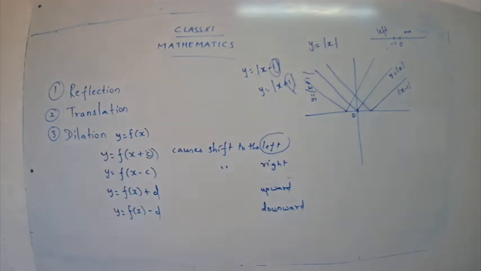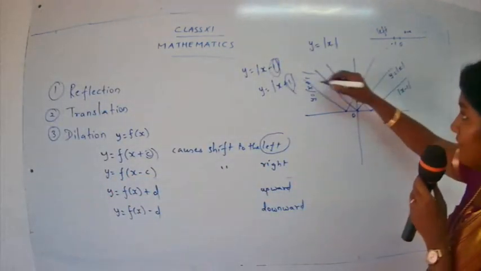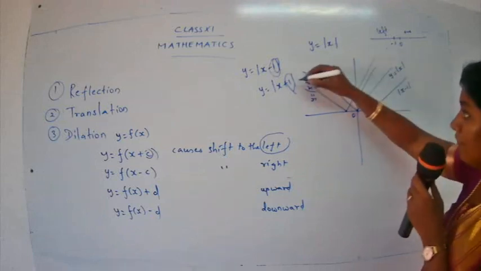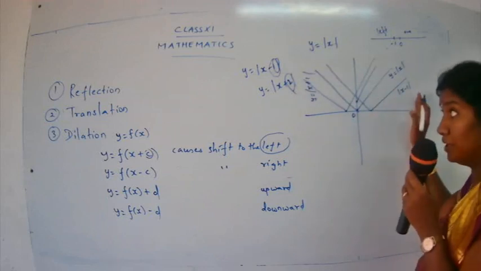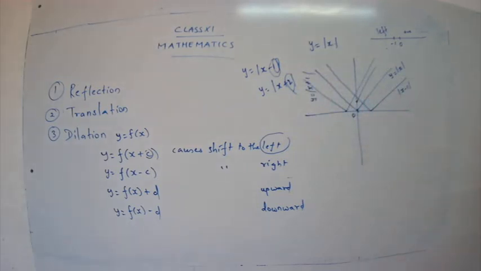Okay, now let's go for the third part. I hope you have been clear with the translation part. If you go for illustration 1.9, you get an idea of the next two rules, that is where it will be shifted. It will be shifted upward. Upward means 1 unit. If you have the number 1, it should be taken from here, upward. If you have plus 2, you have to shift 2 units. If you have plus 5, shift 5 units.